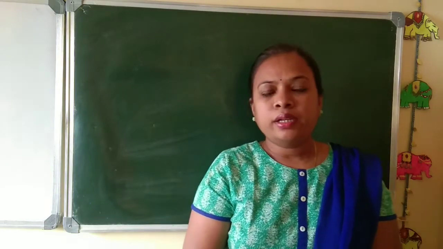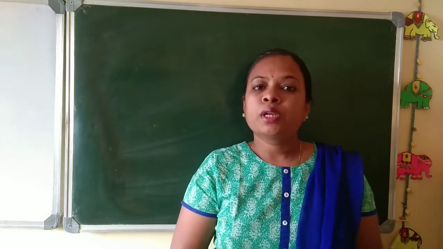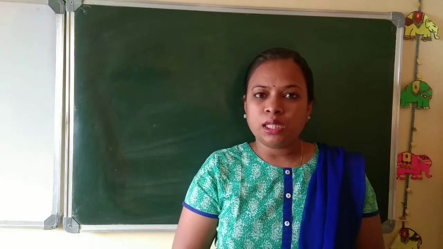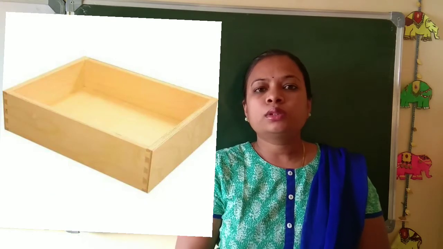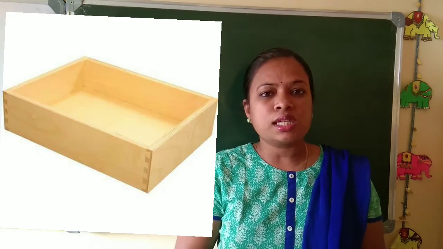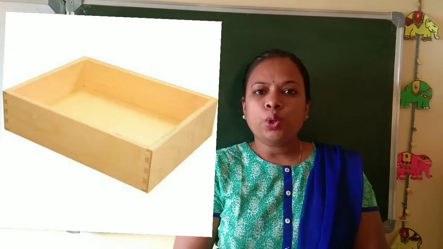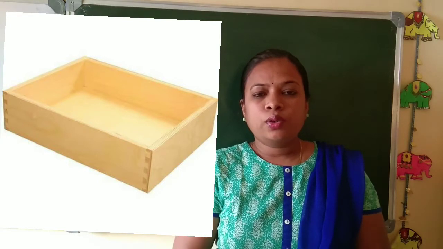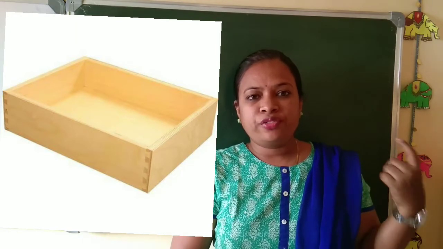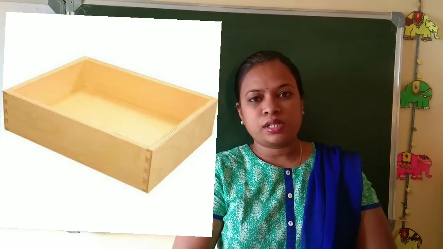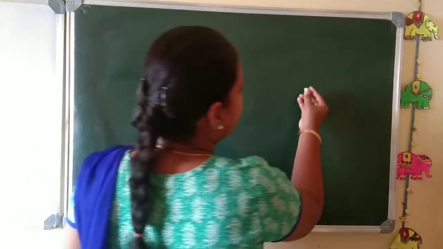I have already read, and in this you should start visualizing a wooden box. The wooden box will be of certain thickness. The thickness of the wood is 3 centimeter, and they have given the length, breadth and height of the box. For imagination, you can just draw the figure so that you will have better clarity. So I am going to draw the figure here. Now the wooden block should be drawn.